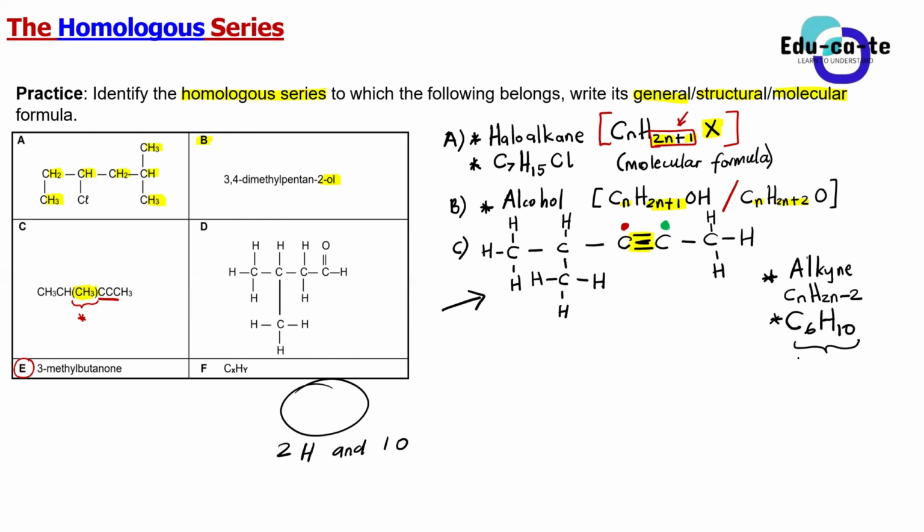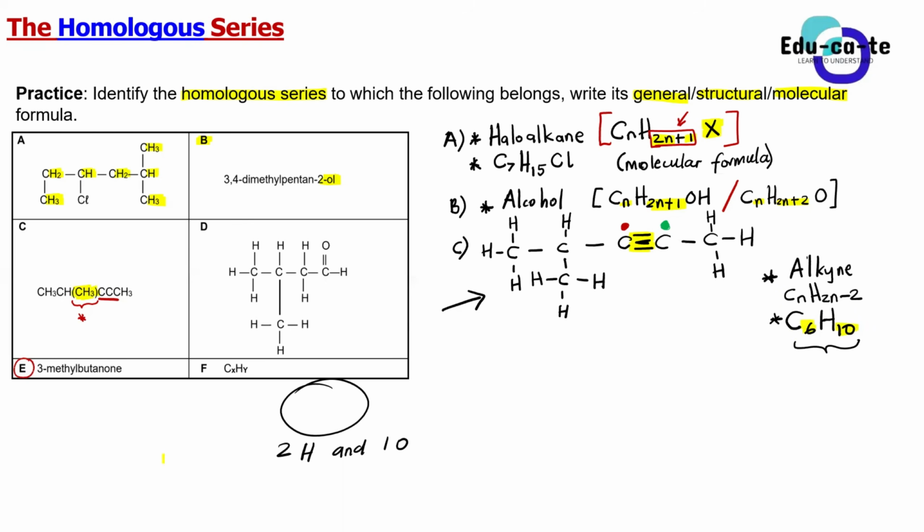When we're talking about a molecular formula, you simply write the element symbol. For example, the symbol for carbon is C. Then after writing the element symbol, you count the total number of atoms of that element. For example, here we've got 6 total carbons, so we write C6. We have got 10 total hydrogens, so we write H10. You can either count them manually or you can use the general formula, guys.